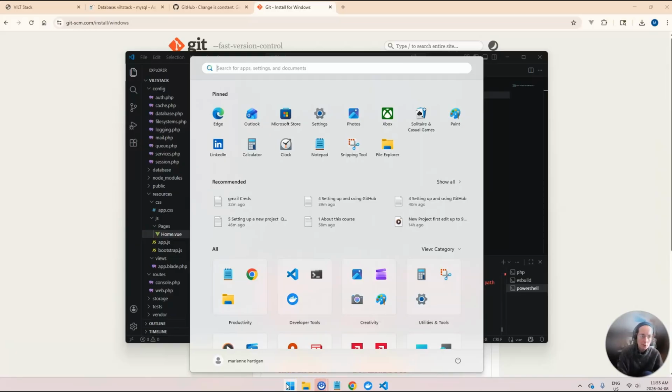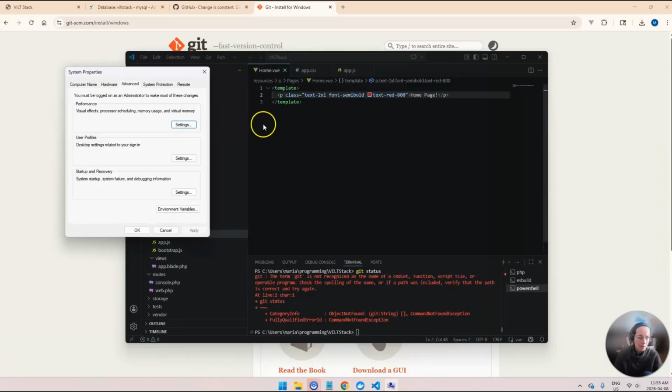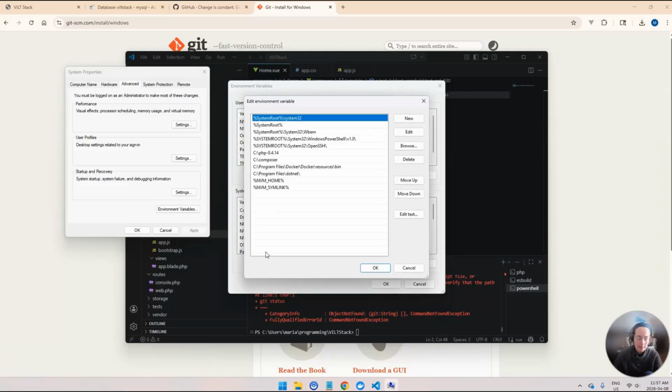So search for environment variables, edit the system environment variables, click on that. And then under system variables, we'll just install it globally. I don't think it really matters which one you use, as long as you're always using the same username, but we'll just do the system variables. Double click on path, click new, go C drive, program files, git, bin,